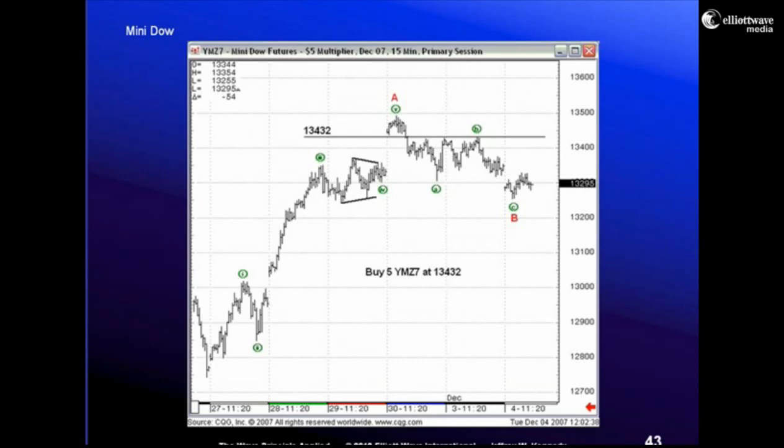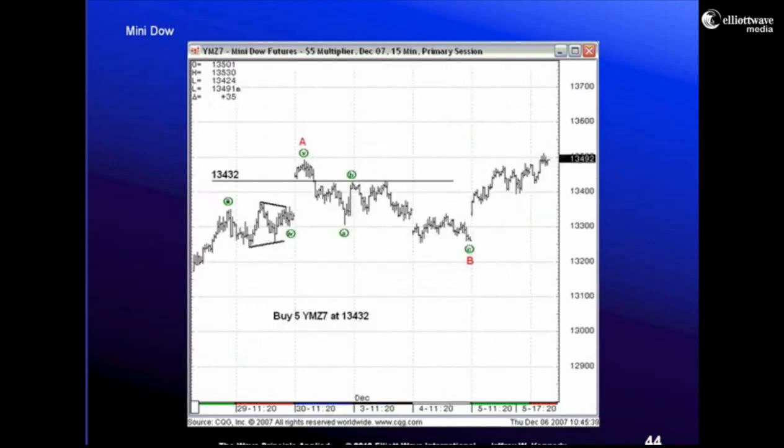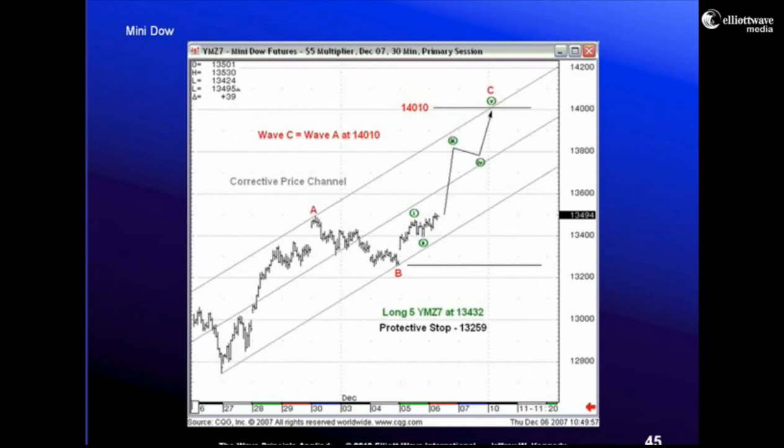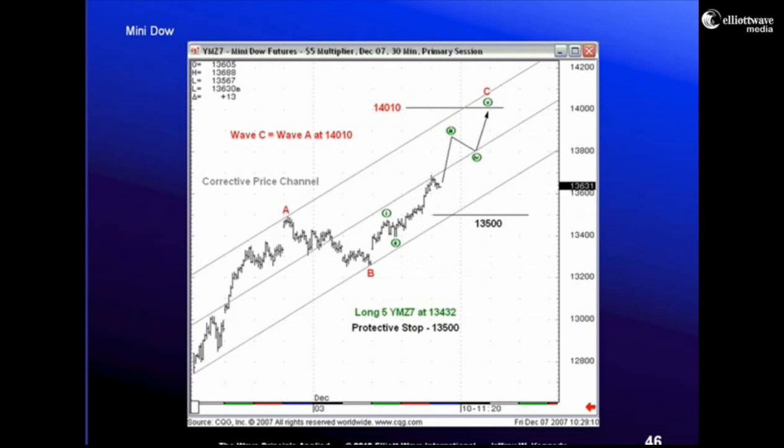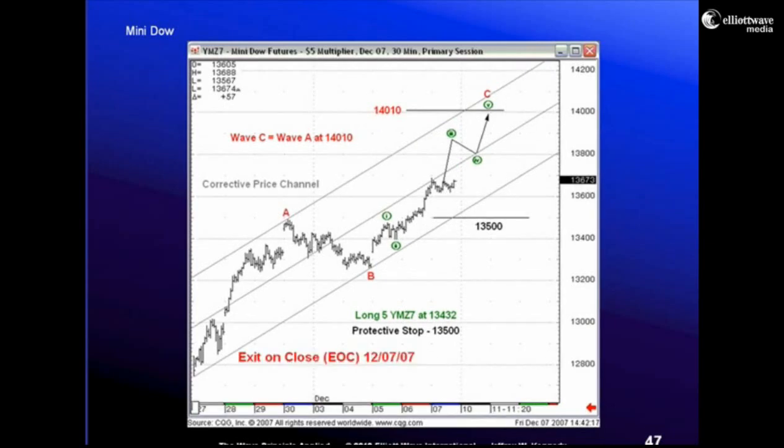Well, again, why am I not buying right down here where I think wave C ended? Because again, I always want the market to commit to me before I commit to the market. And as you can see in the following day, prices pushed up higher. We went through my entry level and they continued to go higher. As prices move up, I move my protective stop up. Now at this point of the position, I put in an order here, exit on close. Why would I do that?